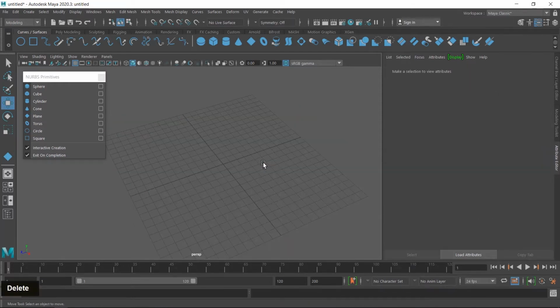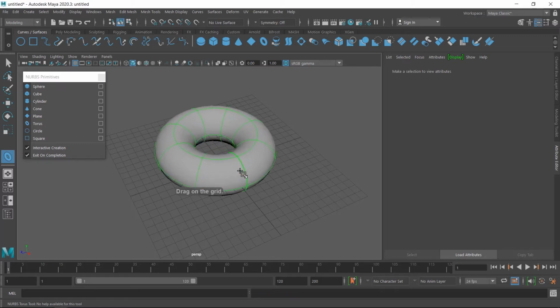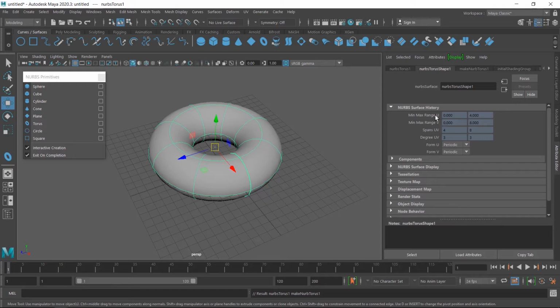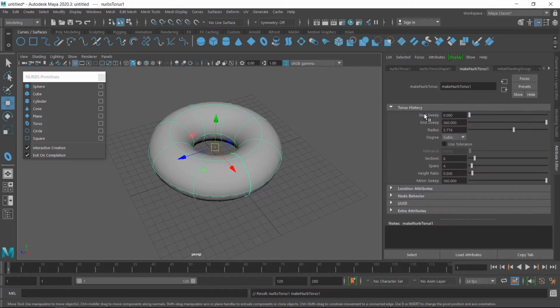Select and delete. The next surface object is the torus. Click and drag. A tube type shape is created. When you click outside, all the parameters appear in the attribute editor, and then click on makeNurbTorus. All the parameters are available here, like sweep